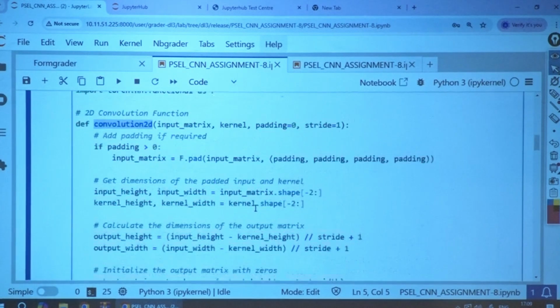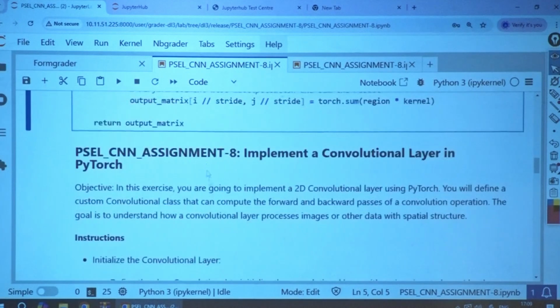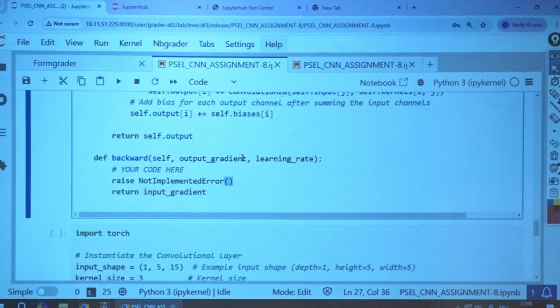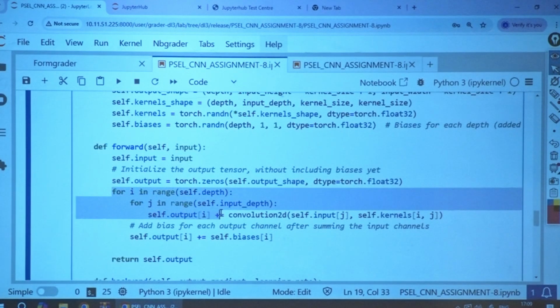What is this input? Output gradient is provided here. Now you need to think of that logic. Look at the forward pass, how it is defined. Loop over each of the output channels. For each of the filters, depth is nothing but the filter, the number of output channels. Within each, one more inner loop, for each of the input channels. What are the input channels?